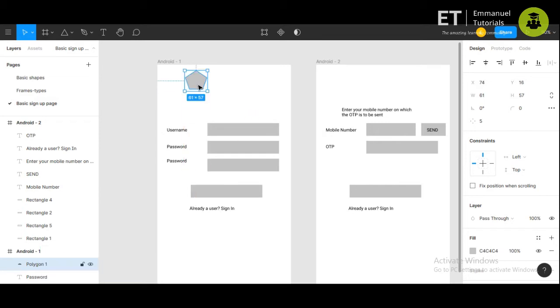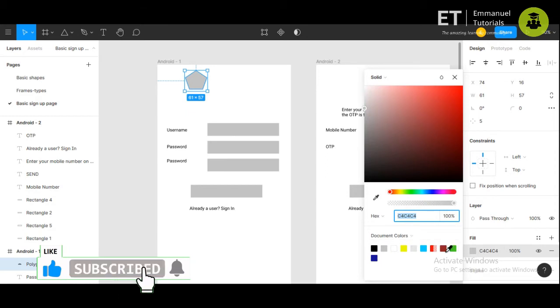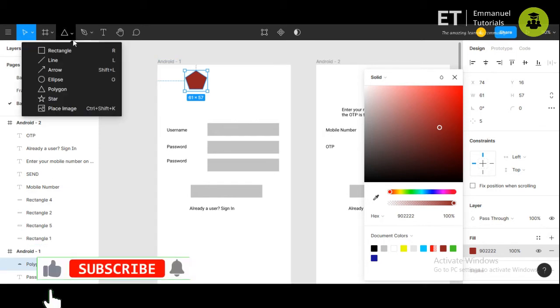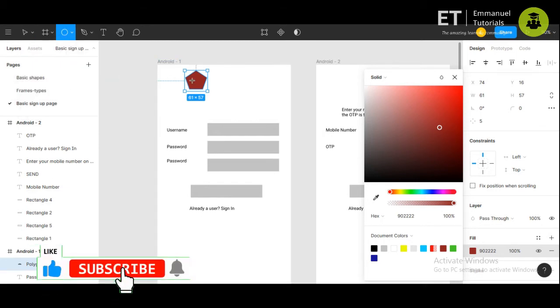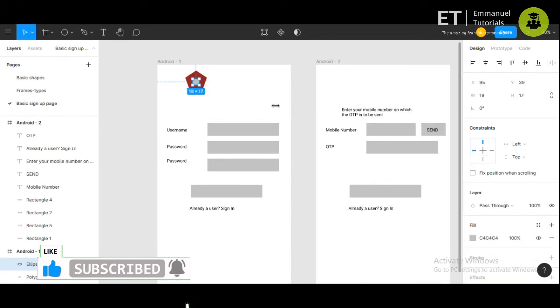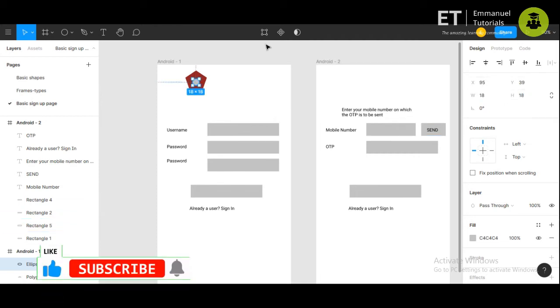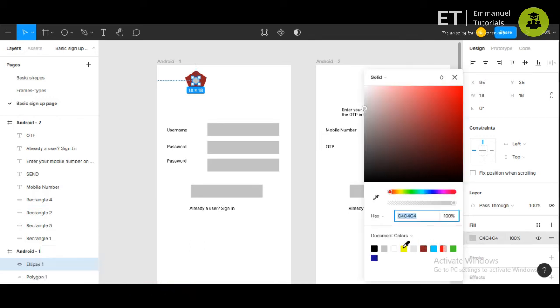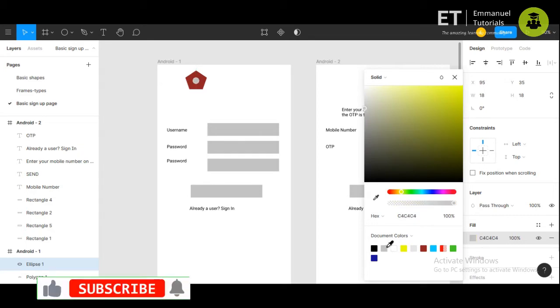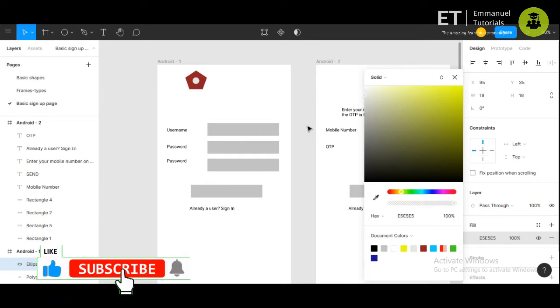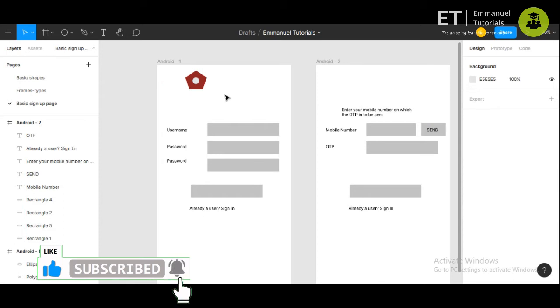For example, this is the logo. We'll just fill this using the fill and maybe put a circle inside. And write the name of the app.